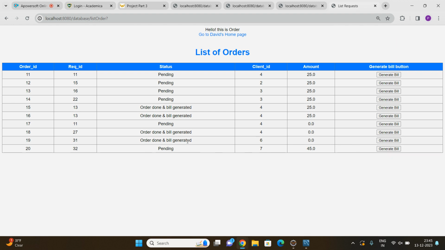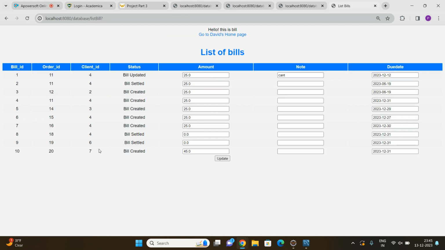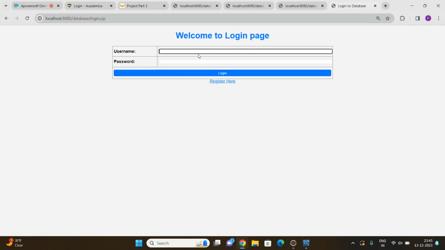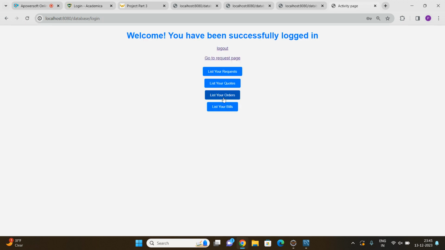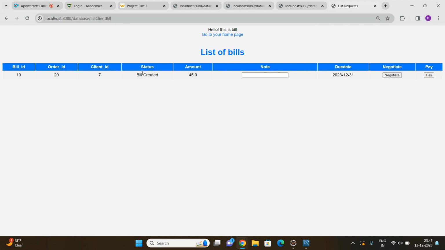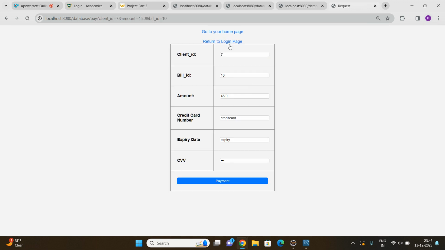So just in case the order is done, I'm just generating the bill. In your bills you can see that the bill is created here, and now the client can pay the bill. If we go back to the client's page, go to list your bills, and we have the bill here. Bill is created. So I accept it, and if I'd like to pay it right now,